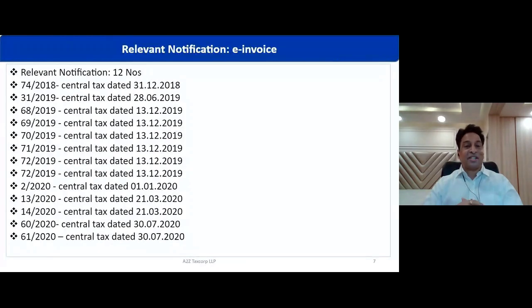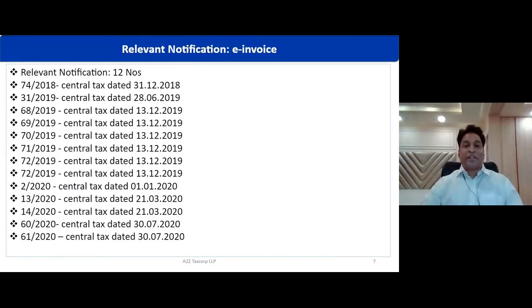We are standing on 16th of September today. Hardly 14 days left. I do not know at what level we are prepared. To my mind, the level of preparation and readiness is required on both sides, supplier and recipient. And this last notification, 60/2020, has revised the e-schema for the unified and standard e-invoice. So just 2 months given to us for preparation of e-invoice.